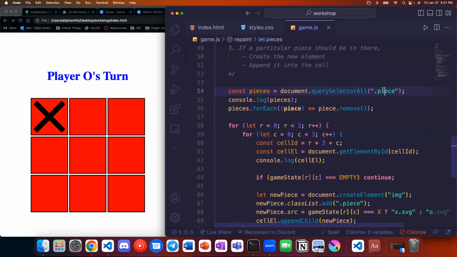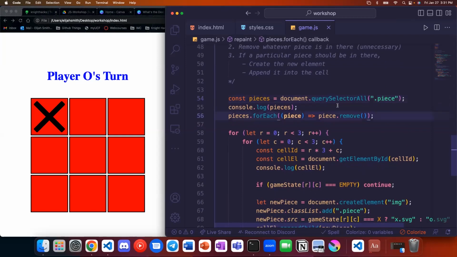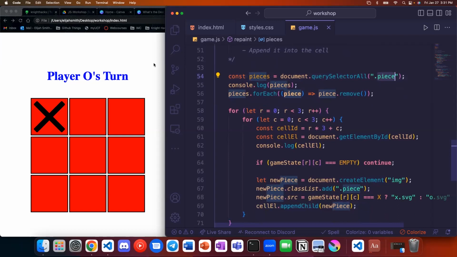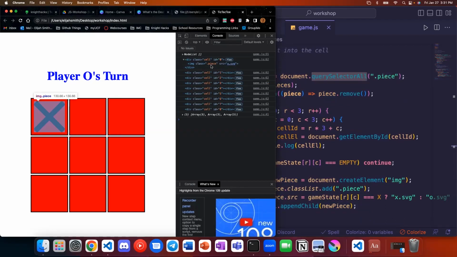But this should be getting us back our piece elements. When we console.log everything that comes back from this query selector, the thing that comes back is the cell itself. And then we can expand it and see that the piece is inside. I don't know why it's doing this, to be honest with you guys.